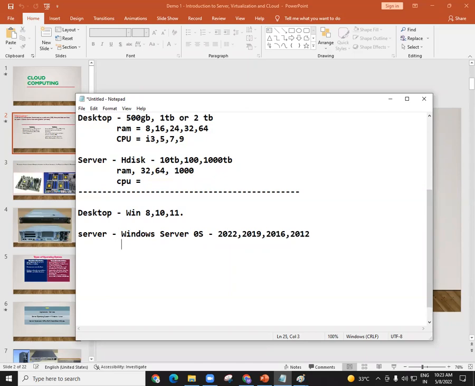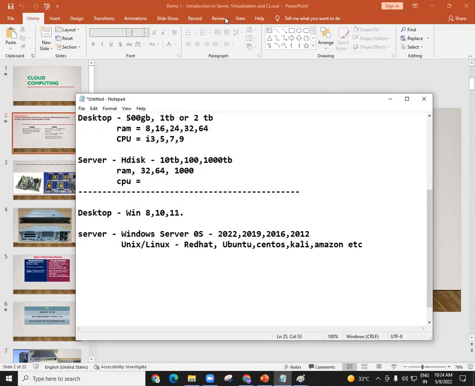And the other operating system that we use in servers is Unix or Linux. What is Unix? What is Linux? What is the difference? We will see all these things in detail in coming classes. But as of now, Unix or Linux. Some of the most famous flavors are Red Hat, I hope you know this, Ubuntu, again very famous, CentOS, that is a copy of Red Hat actually, Kali, that is designed specially for hacking purposes or used by hackers, and Amazon Linux, etc. There are many more, right?